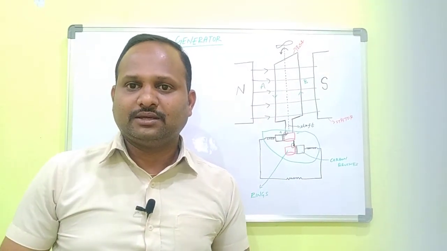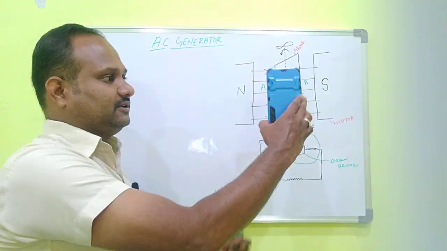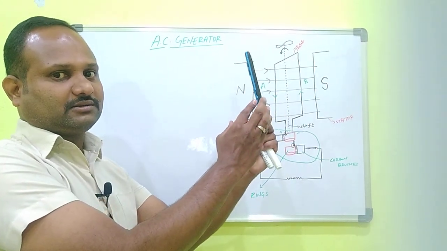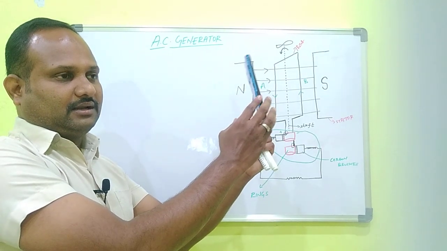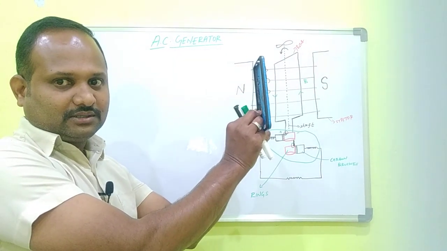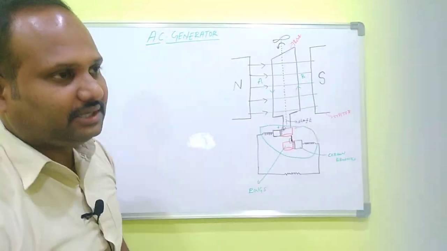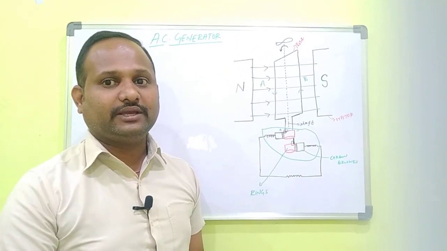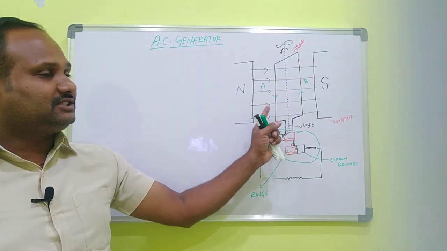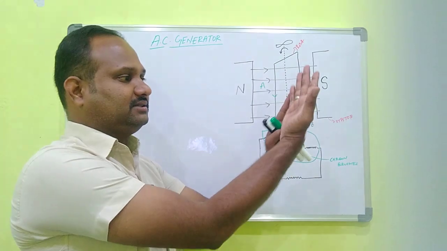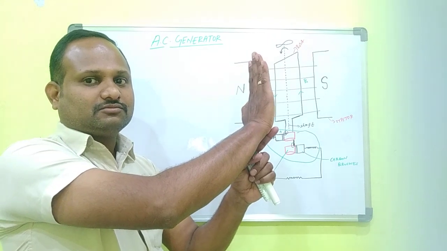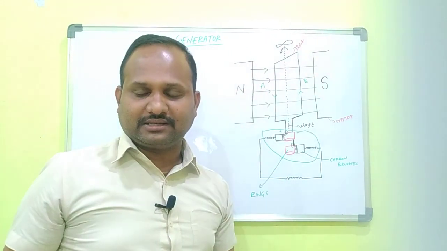Okay, what is the next half rotation? First, this is the initial position of the coil. In the first half rotation, anti-clockwise, the coil turns to this side. And in another half rotation, the coil rotates like this. That means now arm B is moving down and arm A is moving up, which is exactly opposite to the earlier case.